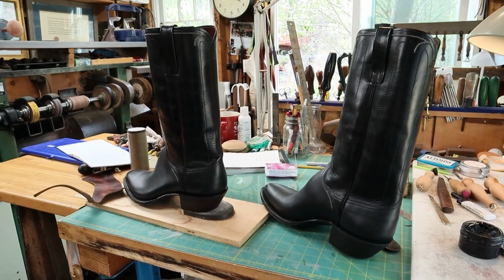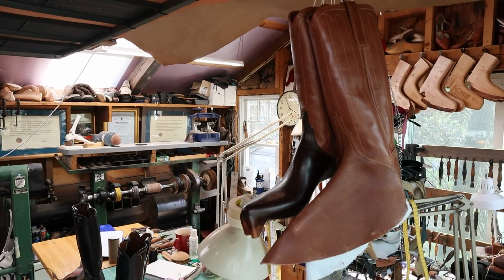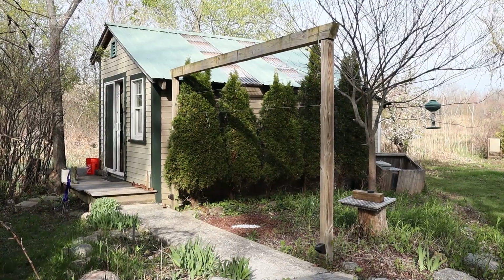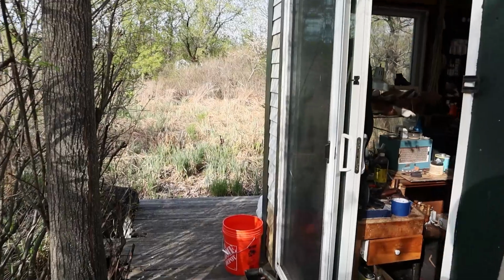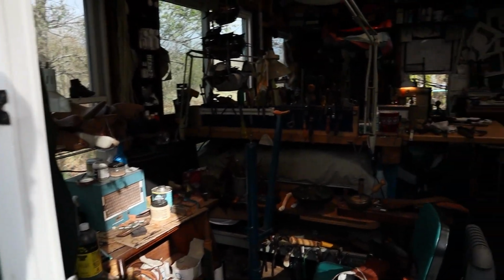Great cowboy boots have a historic process behind how they are made, but what about where they are made? Custom bootmaker Sarah Guerin, also known as La Saboteuse, has a small shop in Wakefield, Massachusetts called a 10-footer. So my wife and I were curious about the history behind small shops like this and why Saboteuse likes making